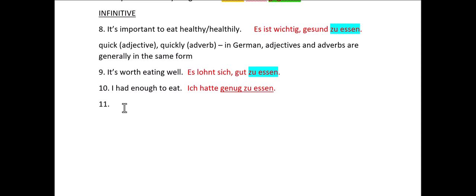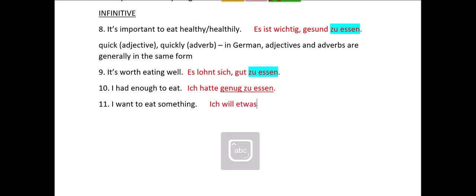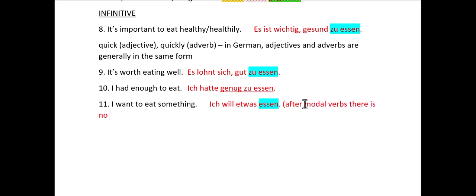And to finish off with, let's do a modal verb. So I want to eat something. I want to eat something, nice and simple. Ich will etwas essen. I want to eat something. So in this case, we see essen without the zu, and so it's in its infinitive form, but there's no zu, and that's because after modal verbs, there is no zu before the second verb, unlike most